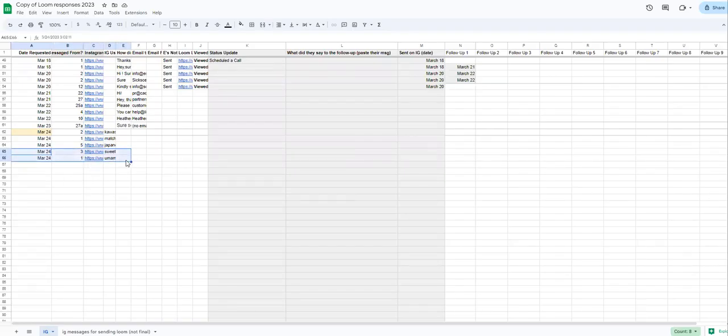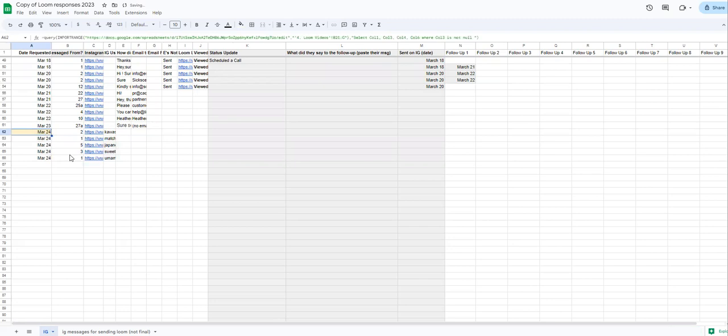But if you delete from here, it won't delete. It will always come back again because this is basically a dynamic formula. You cannot delete these. But if you delete this one, the file will get unlinked from the other sheet, which is this one. So I hope you don't want to delete this one. So